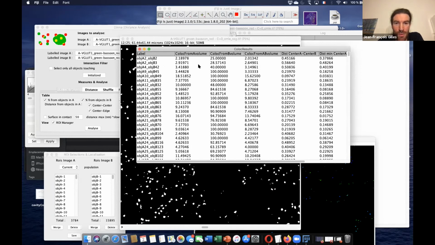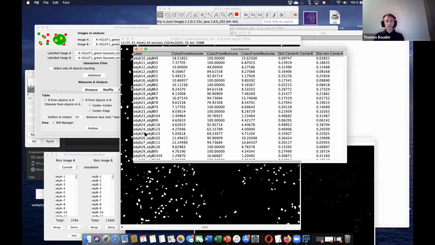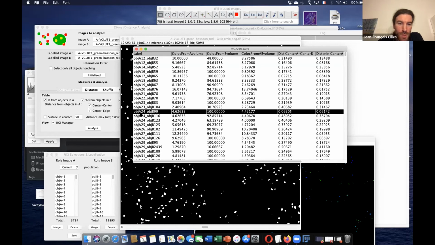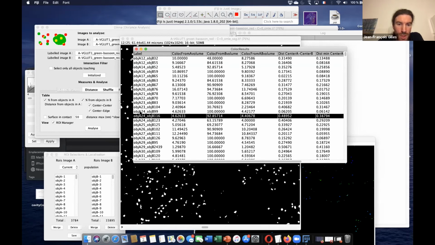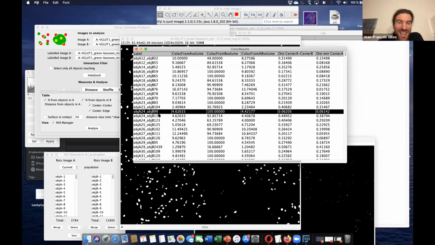It only gives you results when there is colocalization, because a lot of objects are not colocalizing. We don't see them here, which is why we don't see object 1. For example, you have object 24 here, which is colocalizing and touching, with 3 other objects in the other image.